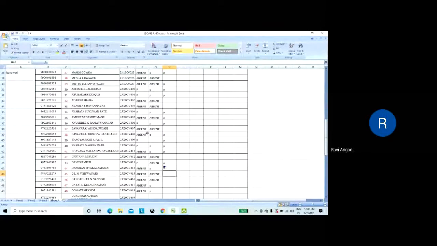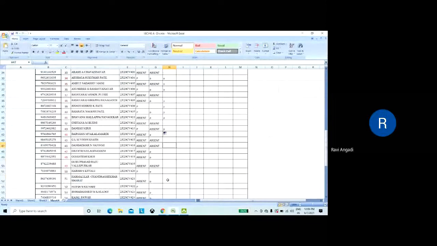You all can see this Excel sheet. Yes, sir. Here I'm putting the present and absent. Okay, so this is the record I'm maintaining. Okay, JLM Vishwanath, Gangadhar Nanoji. See, your parents' number also I'm having here. Those who are absent, I'll call them. Gangadhar Nanoji absent. Gayatri, sir.